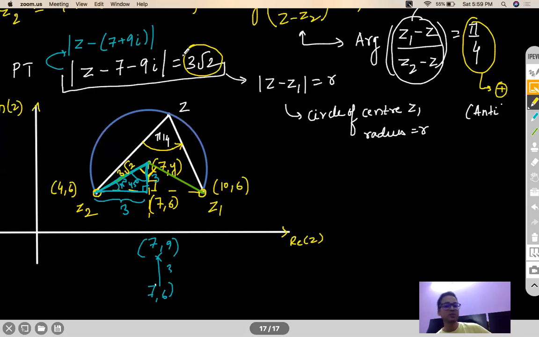If Z1 and Z2 were not parallel to the x-axis, then you have to consider a perpendicular bisector line, and then you choose a center on it. Then use the distance formula and equate it. So that's what Pranav was suggesting. You choose 7, y and use the fact that its distance from 4,6 and 10,6 are equal. That will give you the unknown.